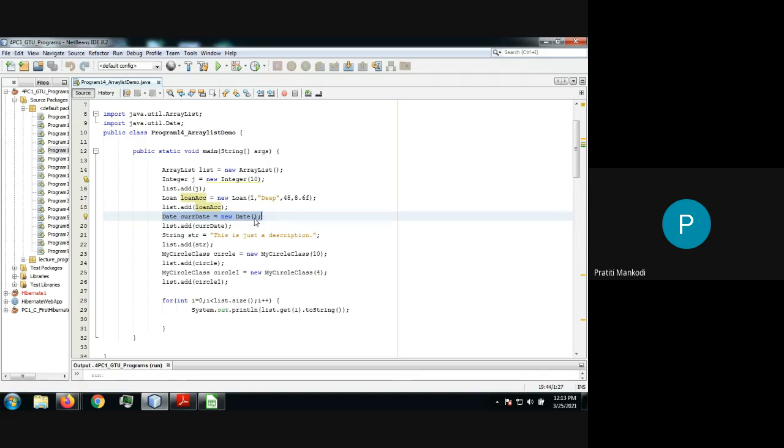This is an inbuilt class, and I just added it. Loan and Circle are user defined classes, and Date and String are inbuilt classes, right? So your program wants to say that whether it is an inbuilt class or a user defined class, it is as simple as adding the object inside it. Just call the add function and that's it.